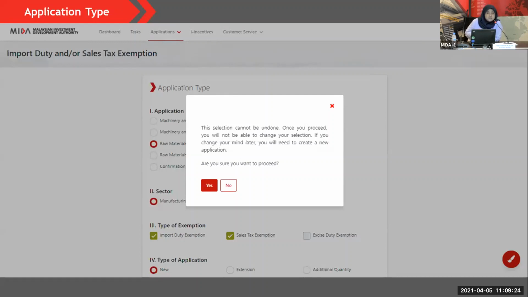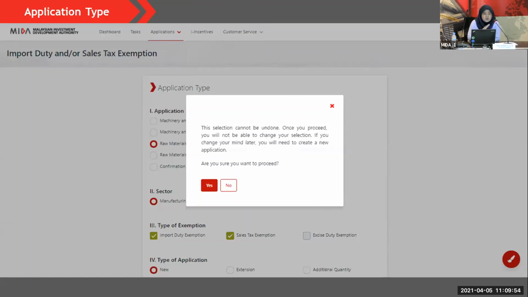Because after this, let's say, for example, you have incorrectly clicked on the type of exemption, for example you have wrongly clicked on the sales tax exemption. As the message mentioned here, the selection cannot be undone, so what you have to do is create a new application. Similarly, if you incorrectly select the market, again the selection cannot be undone.